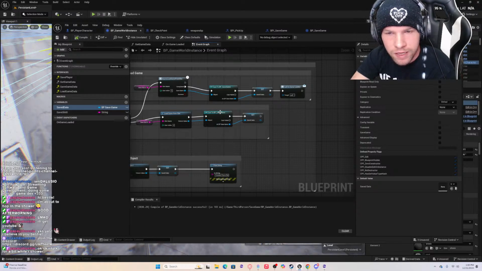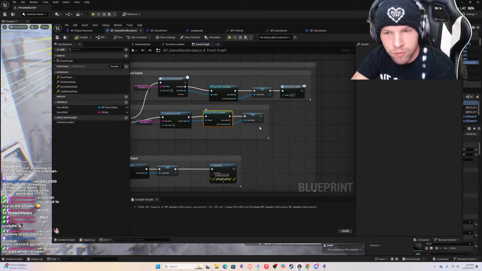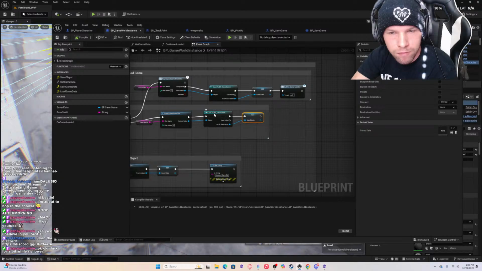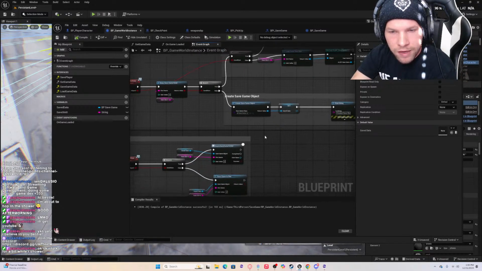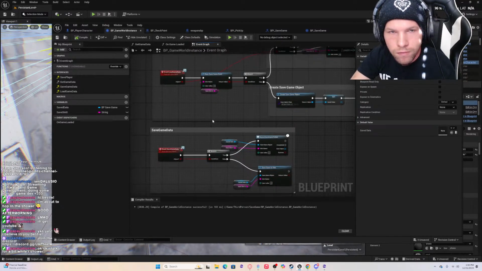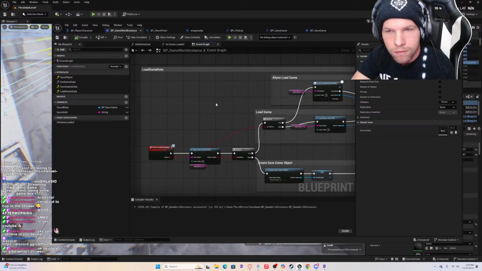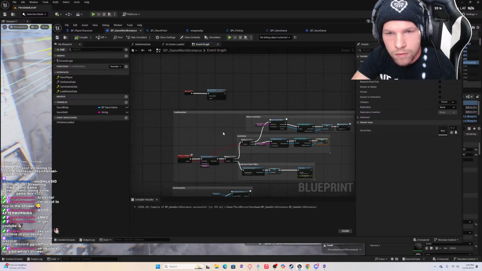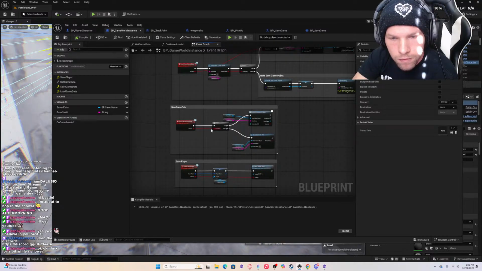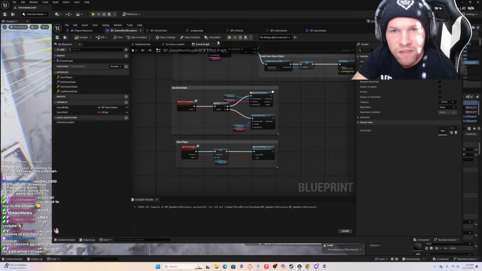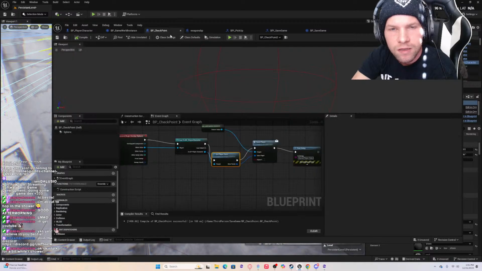So we cast to the save game blueprint, and then we save that blueprint as a variable, and then Event save players.